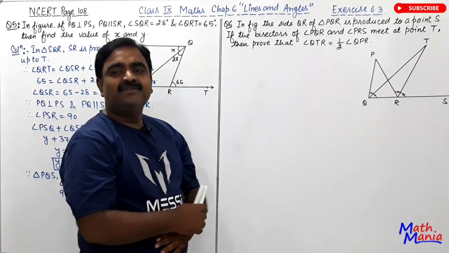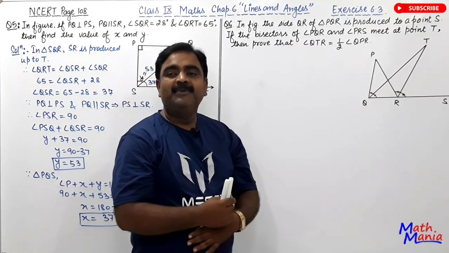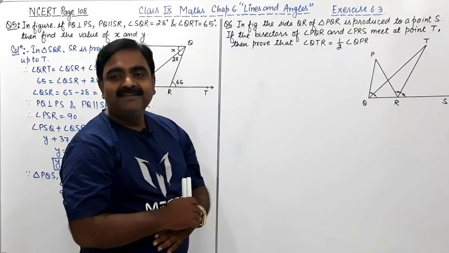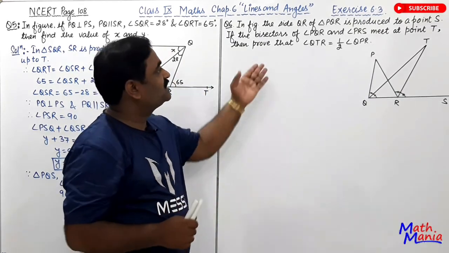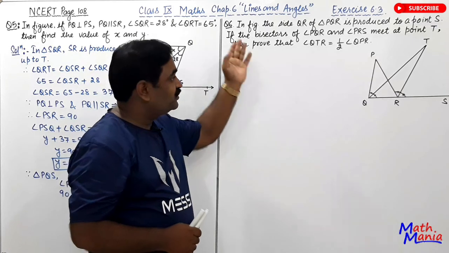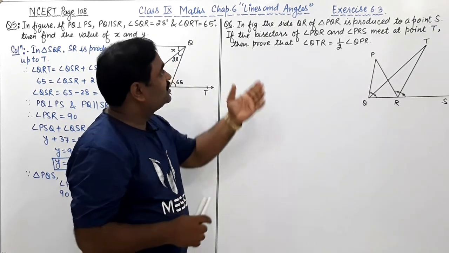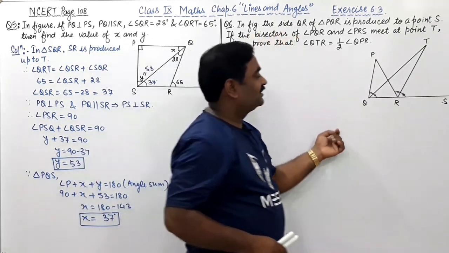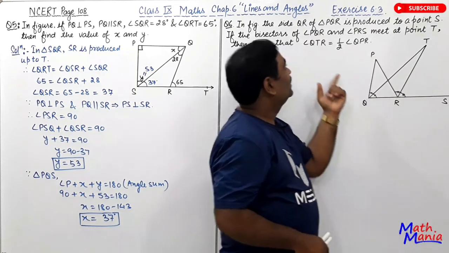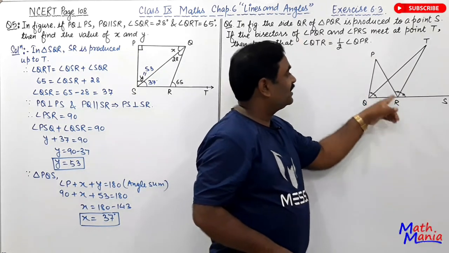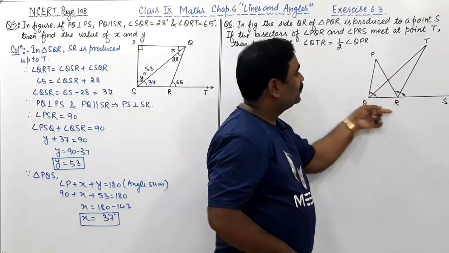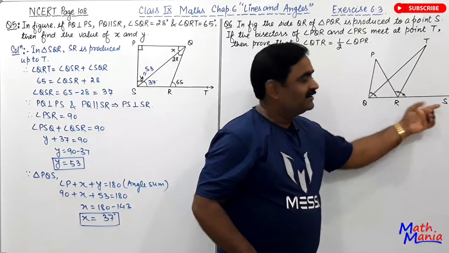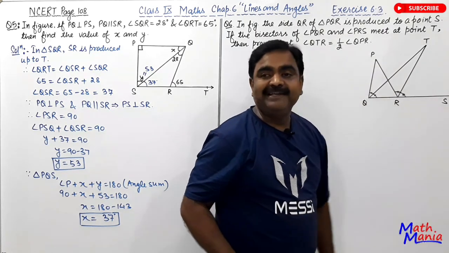With the discussion of this question, हम इस chapter को over कर रहे हैं. Now let us end this chapter with this question. You see in the given figure, side QR of triangle PQR is produced up to a point S. इसको आगे बढ़ाया गया तो हमें point S मिला.